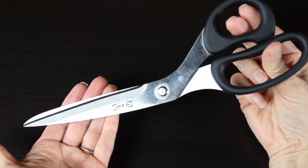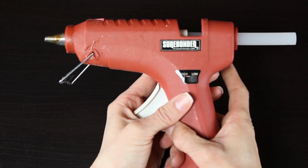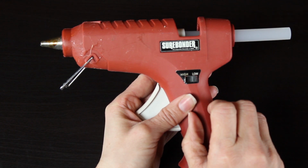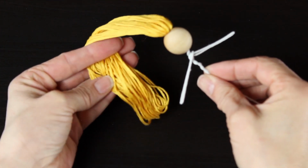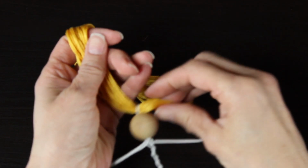You'll need some sharp scissors, and mine weren't as sharp as I wanted them to be, but they worked. And a glue gun, and I like mine set on low because it's easier to handle. And that's it. So the first step is to grab your fairy doll body,